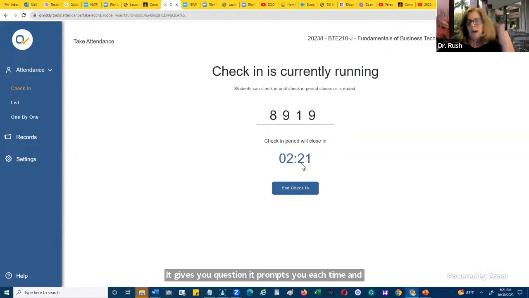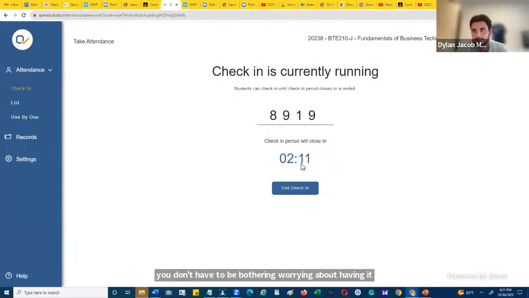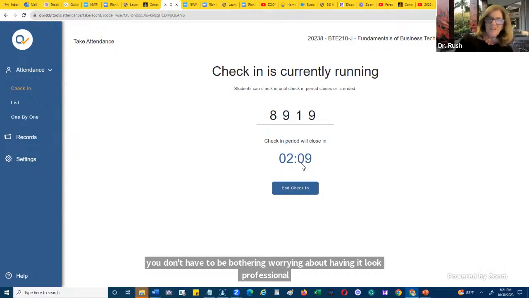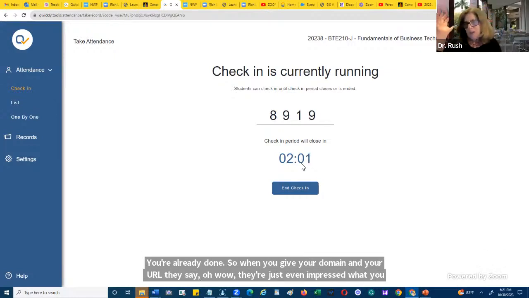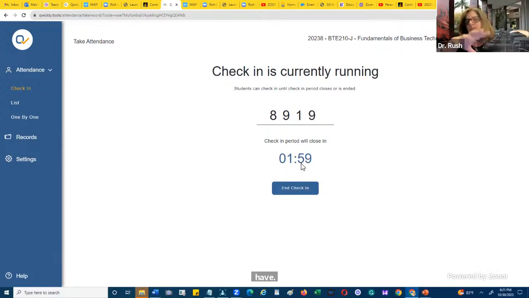And they have really nice templates, so you don't have to worry about it looking professional. When you give your domain name, your URL, they're even impressed with what you have. It looks professional, and then you can focus.